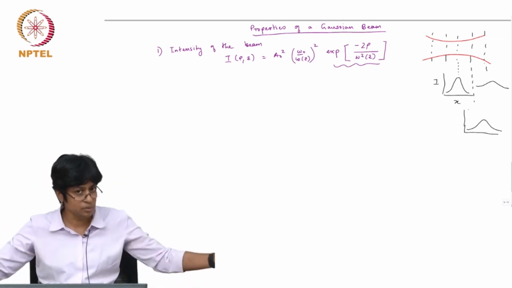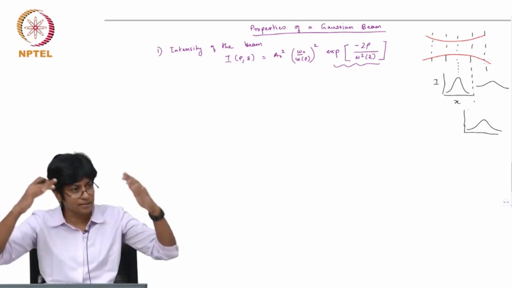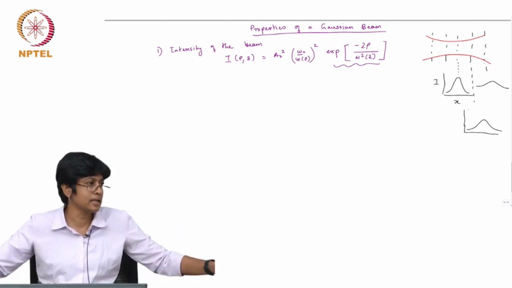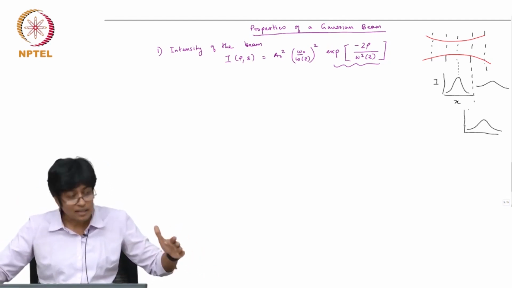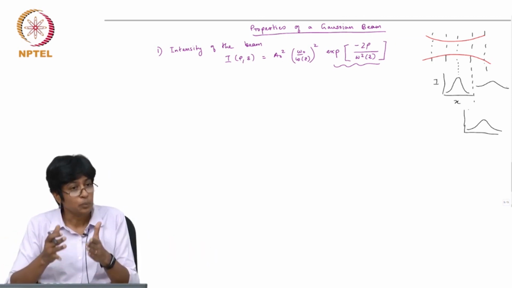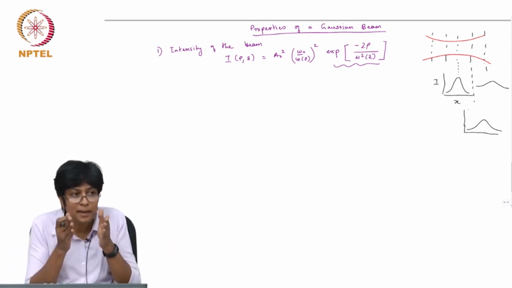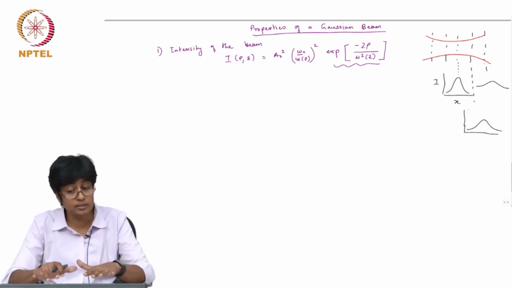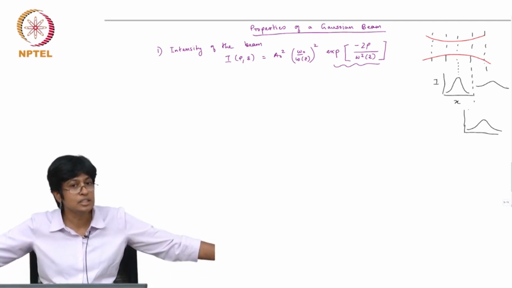So that high intensity doesn't spread out to infinity. But even here, it asymptotically goes to infinity, so we're not really saying that the beam ends somewhere. The way I'm drawing it, if you look at this expression, it actually continues till